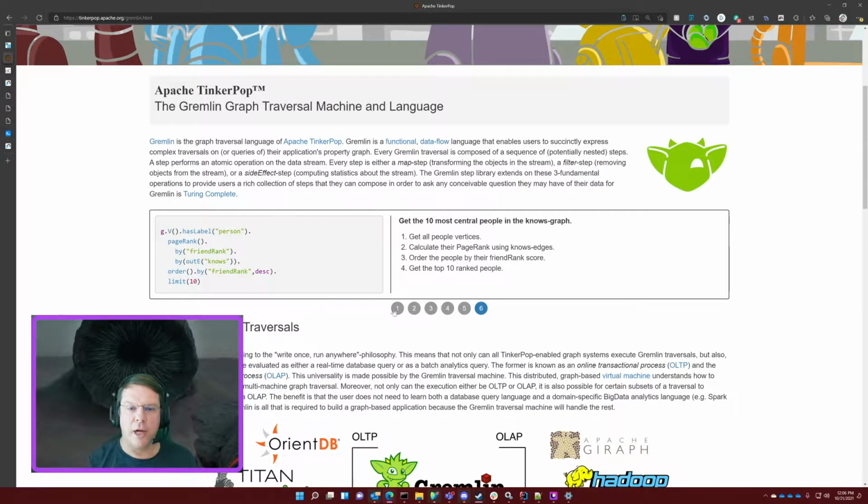So here, if we go to the first example, if we want to find the name of all of Gremlin's